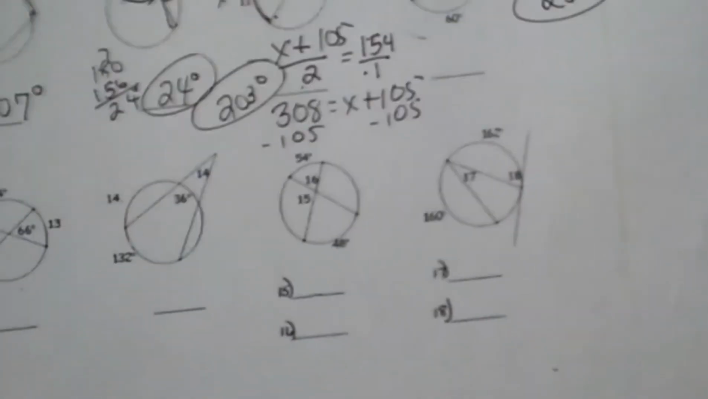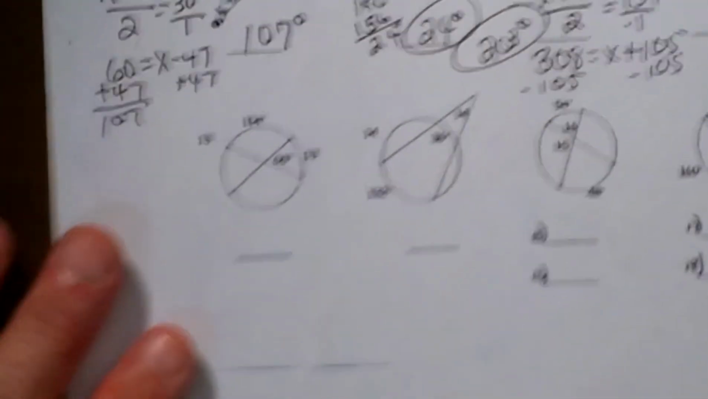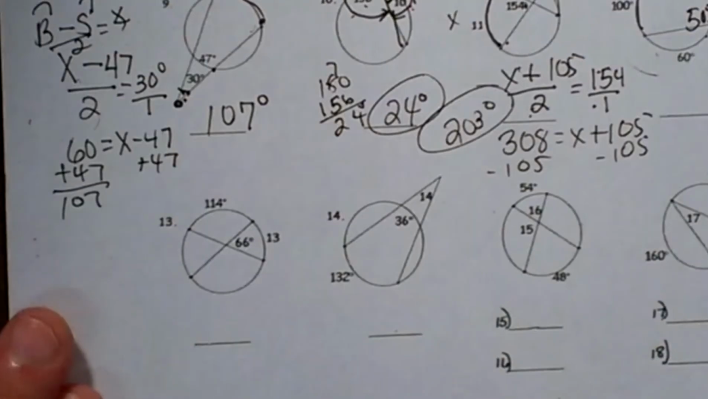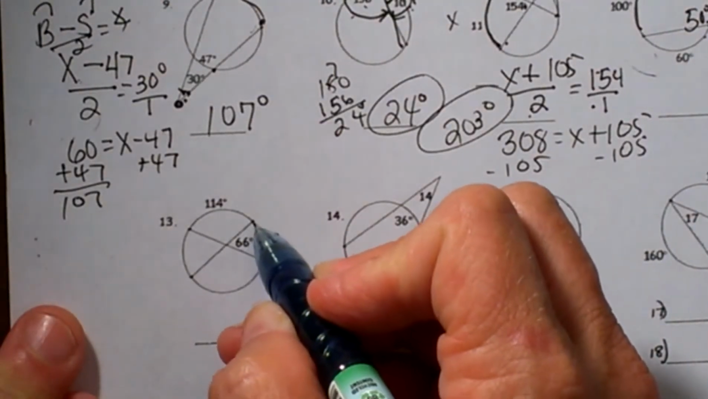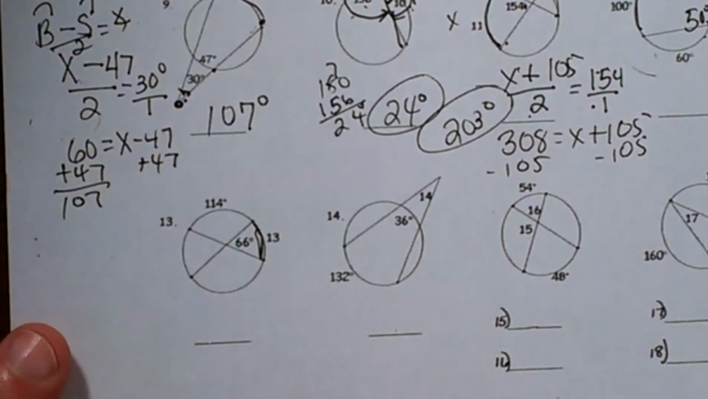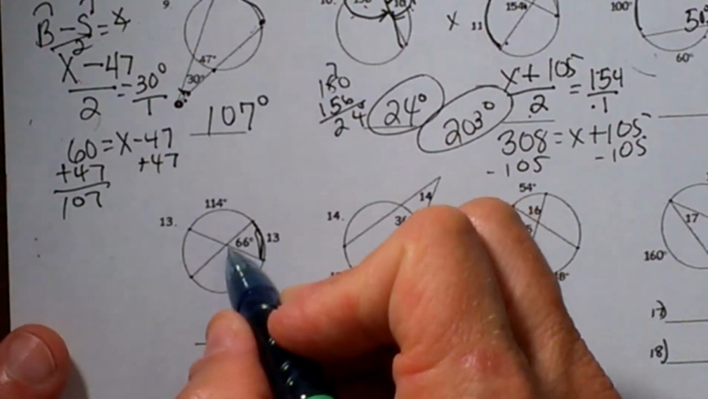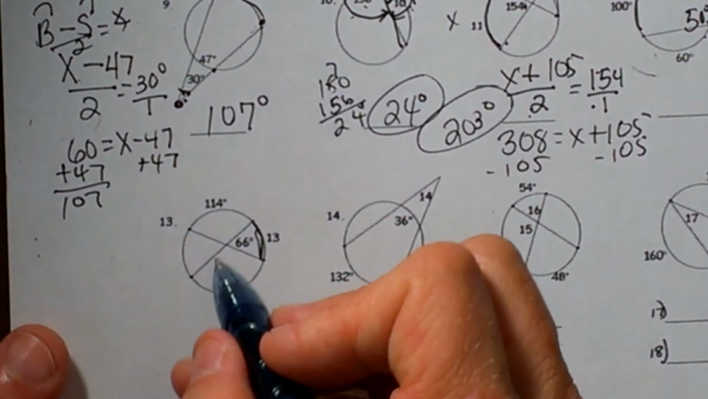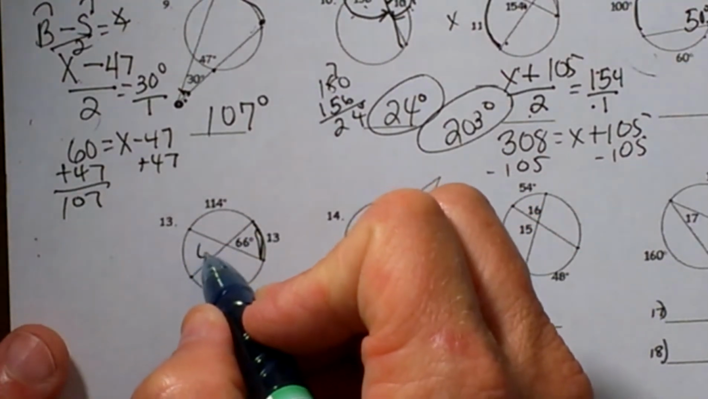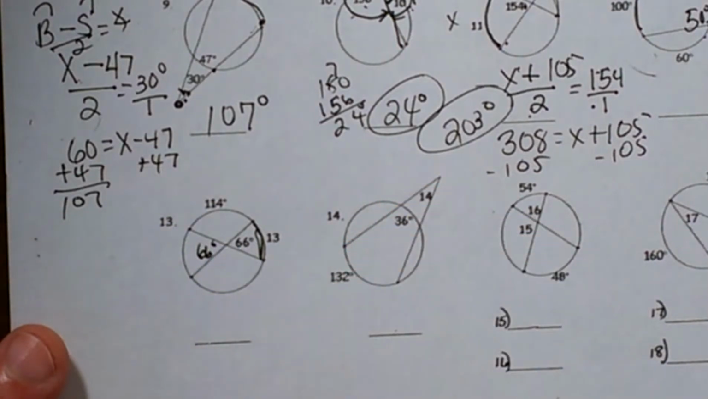Okay, a couple more to go here. You're doing great. There's lots of different types. Okay, this one. We are trying to find this arc. Okay, this one's going to be a little trickier. We know this angle. We know this arc. And we know this angle must be 66. So we've got to figure out,